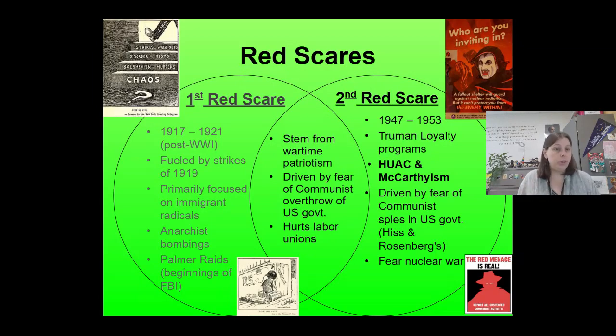Nobody's arrested. You're not going to jail for this, but it does ruin a lot of people's careers in Hollywood. There's a blacklist created. So that's what's going on in the House with HUAC. In the Senate, what we have is what's usually called McCarthyism,